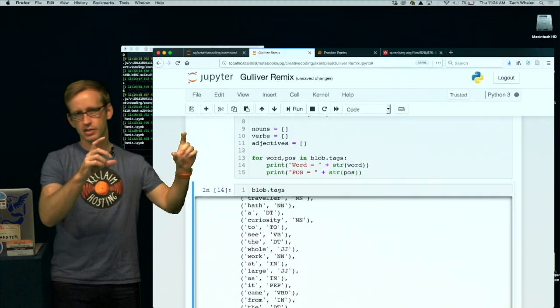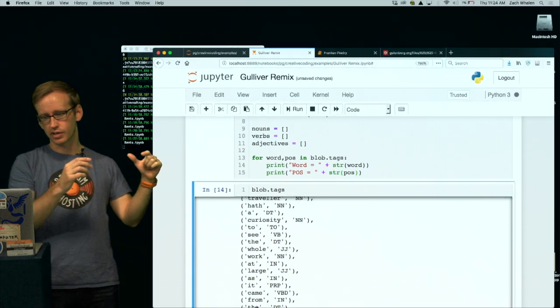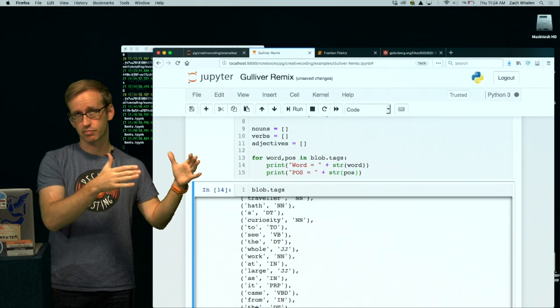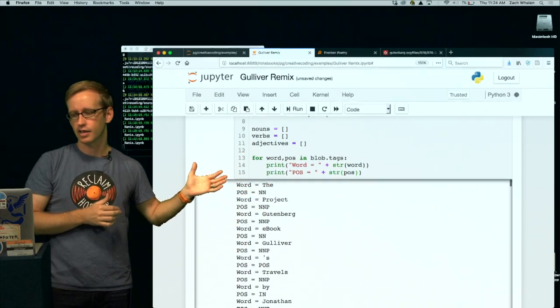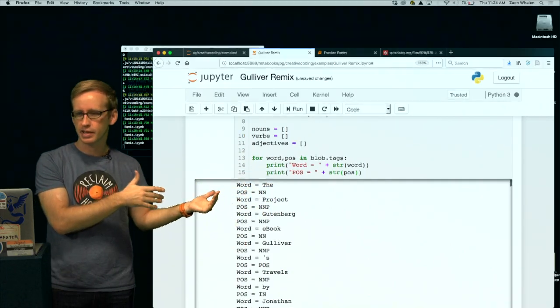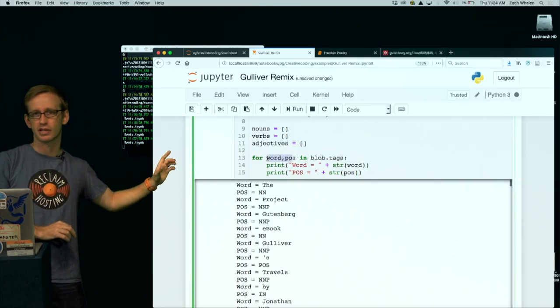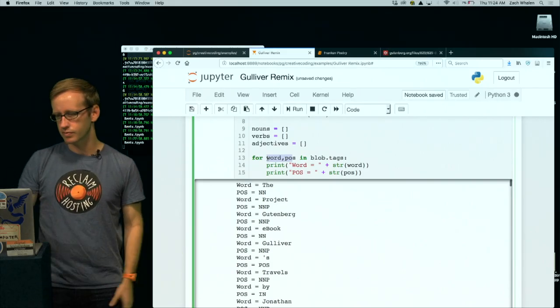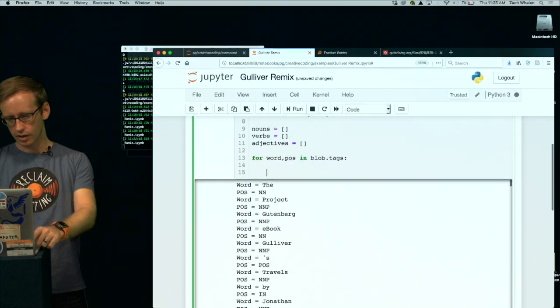Instead of seeing that specialized notation with the parentheses around it, because those are tuples, now I should see it print the two expressions that I wrote here: word equals "the", part of speech equals NN. This is just me confirming that the correct thing is going into those two variables as it works through the list. Of course, that's very heavy-handed, so you don't need to go through that.